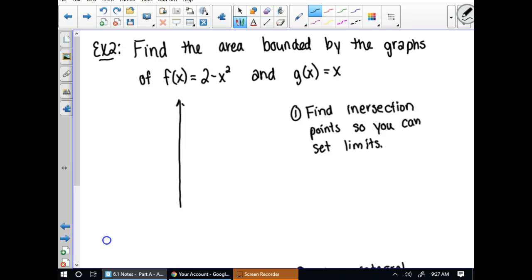Whenever I have a more difficult equation, sometimes I'll try to just use different methods so I don't have to graph it. But I know what 2 minus x squared looks like pretty well, and I know what g of x equals x looks like pretty well. So